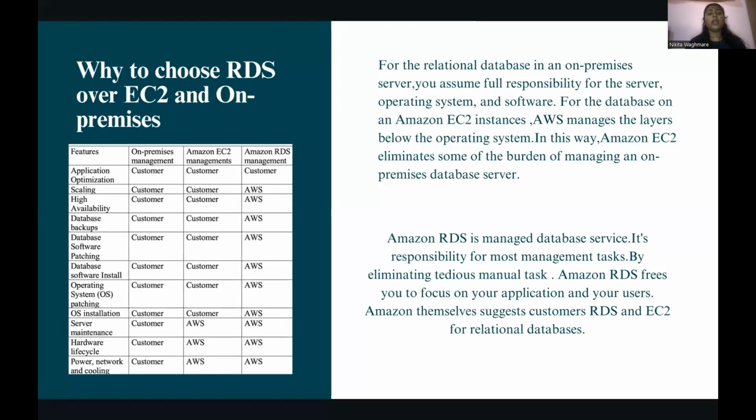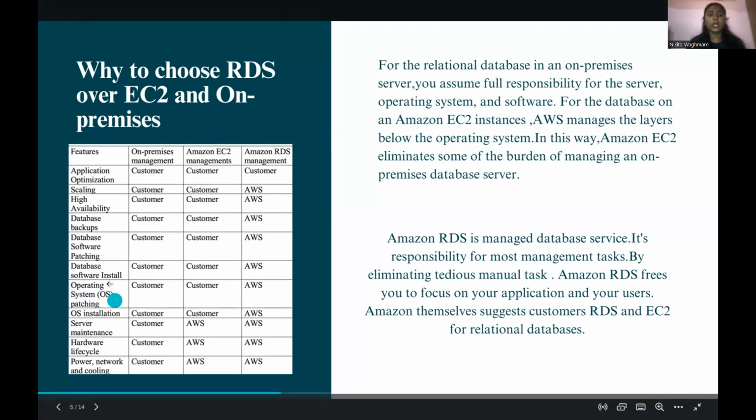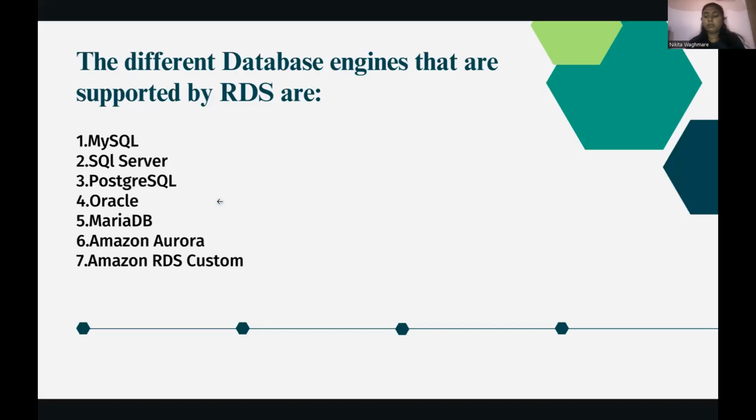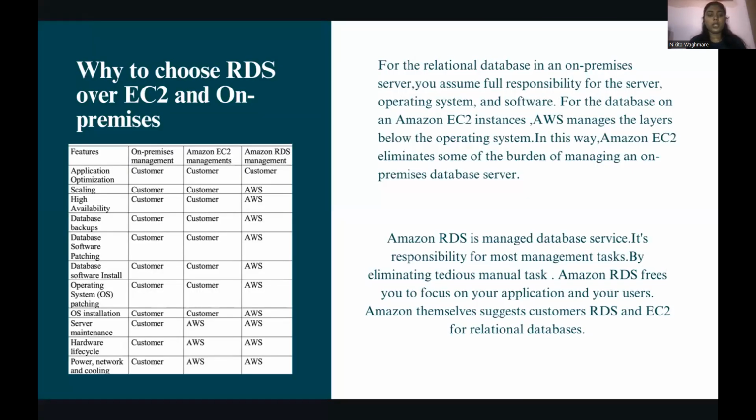Now we will see why to choose RDS over EC2 and on-premises. For a relational database on an on-premises server, you have to assume the full responsibility. Here you can see, from application optimization, scaling, high availability, from OS installation to power, network, and cooling, all the tasks have to be done by the customer. Rather than that, in an EC2 instance, the customer has to do everything from application optimization to OS installation, while the server maintenance, hardware life cycle, and power, network, and cooling